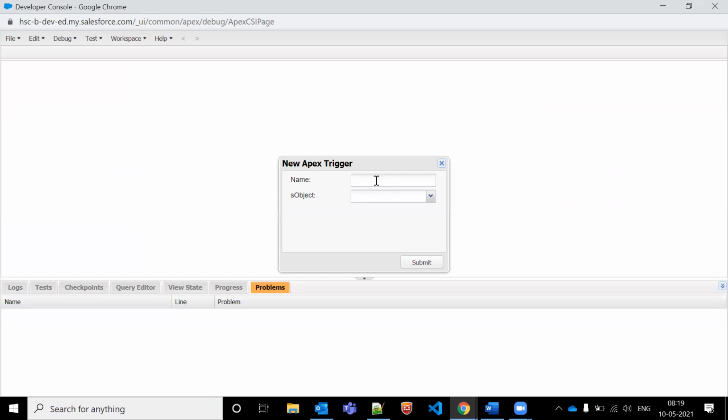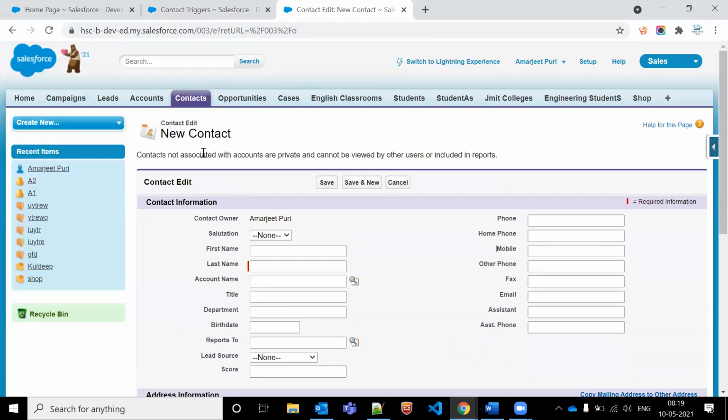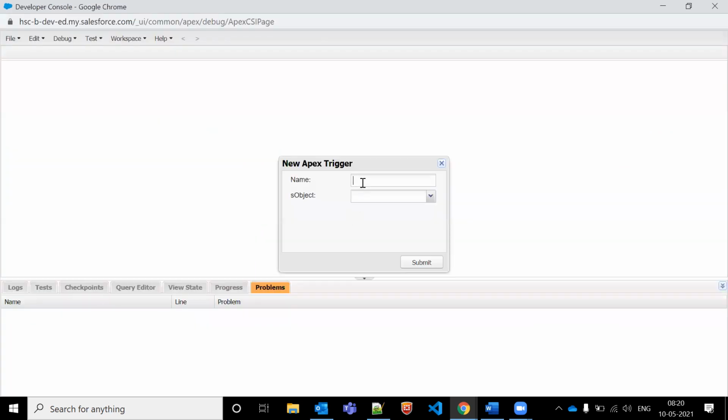So let's say we are working on the same object. Which trigger should be fired? Which event should be fired? After, right? Once you have the name, then the phone number should be populated. But we are working on a single object. It's before, because if it is a single object, if the name is Amarjit, then my phone number should be there. That is before only, because we are working with the single object.